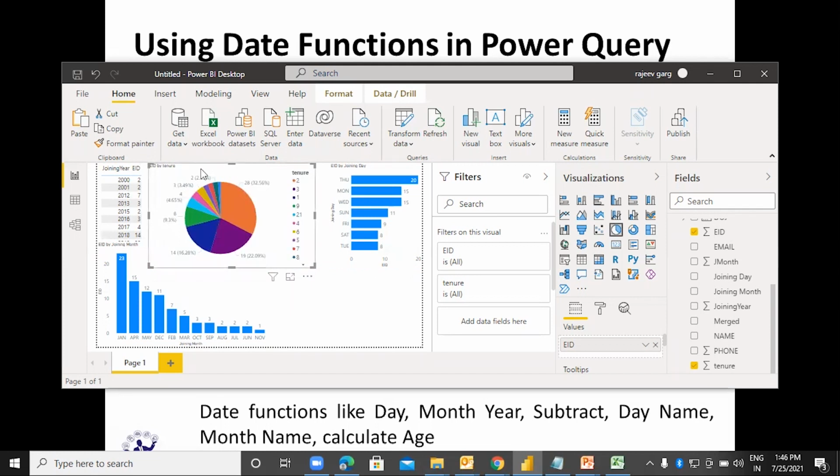Here it is. So you can say 32% is with the tenure 2, then 3 and 1. Then we have a smaller number of people with the other experiences.